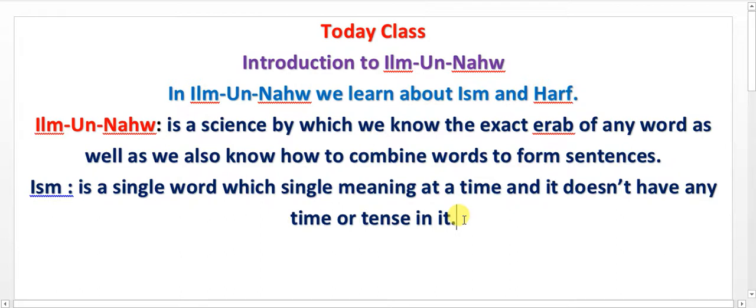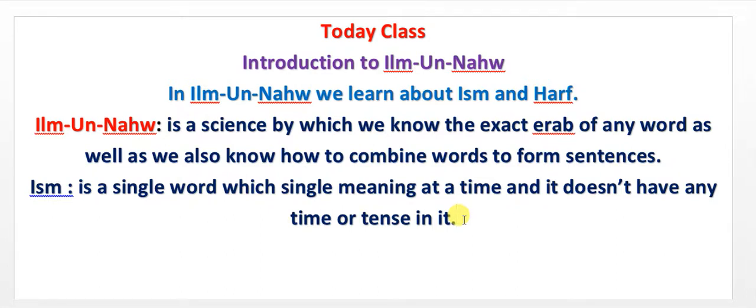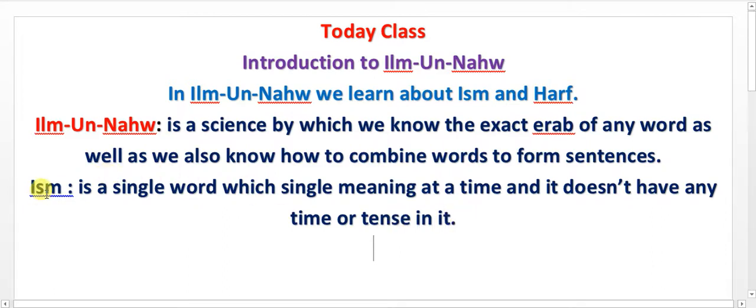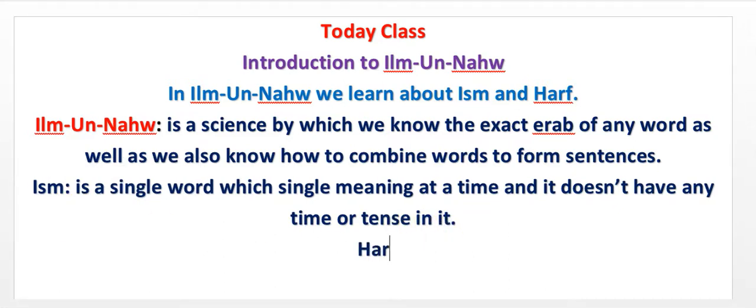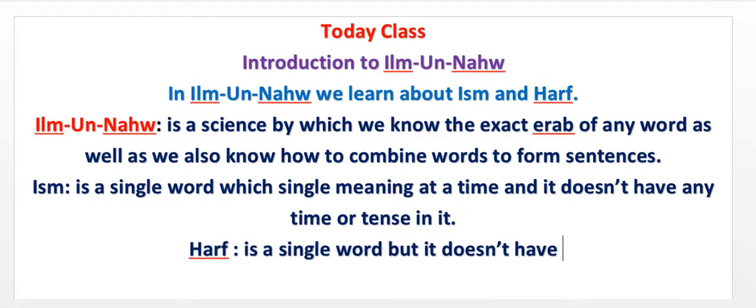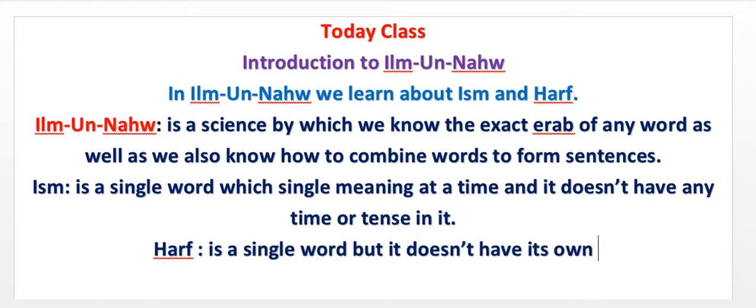Okay, so what we have learned is that ism is a single word which gives a single meaning at a time, and it doesn't have any time, past, present, or future, in its meaning. Now we also learn about harf. So what is harf? Harf is a single word, but it doesn't have its own clear meaning,